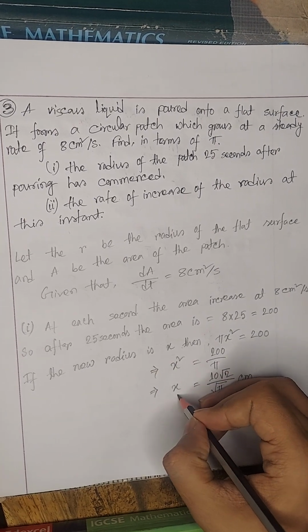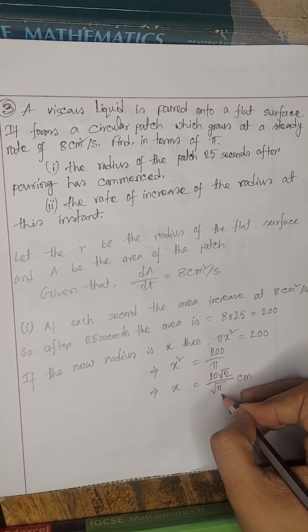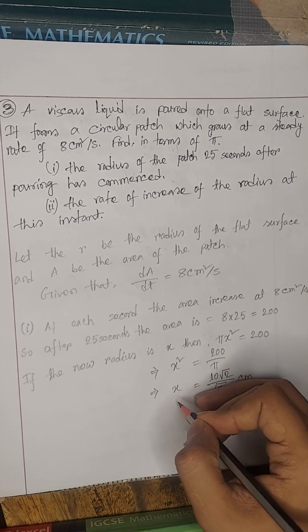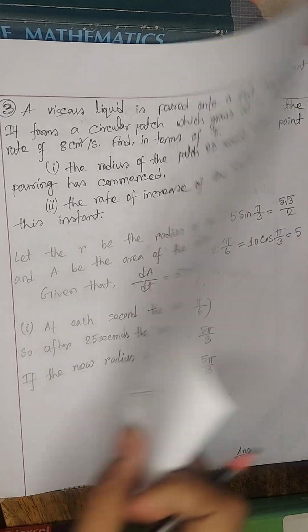From that we get the value of x is 10 times root 2 divided by root pi centimeter. Thus we get the value of x, which is the new radius. Now for the second part,